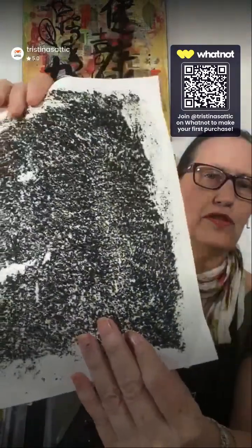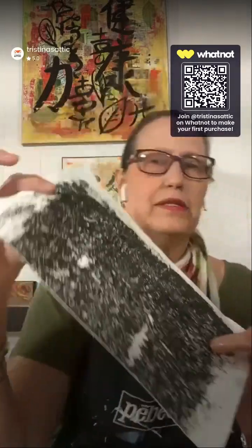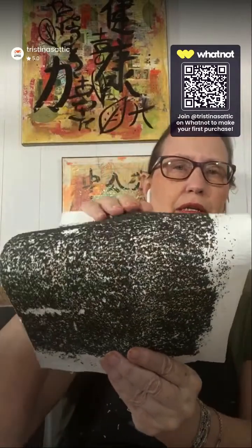Something that I think is amazing about the paints, and I just showed you the sand textures. Check this out. This is a piece of canvas, so it's gessoed canvas, and this has the sand texture gel on it. And this piece is probably 5-6 years old, but look at how flexible it is, and none of that sand comes off. So I'm very excited to share that and the Dragon Project